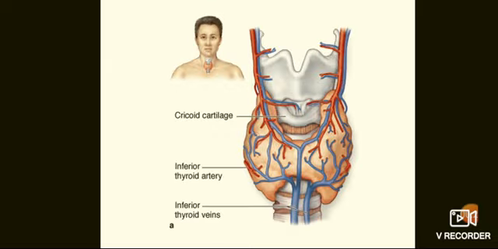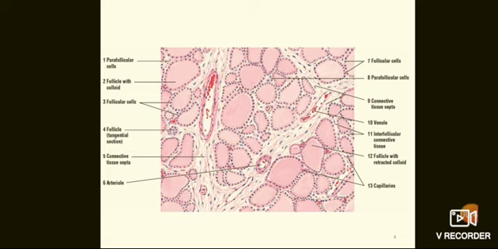Thyroid gland is a large endocrine gland which is situated in the anterior neck below the larynx. It has a right lobe and a left lobe joined by an isthmus. Coming to the histology, the thyroid gland is covered by a thin connective tissue capsule, that is the true capsule of the thyroid gland. This capsule gives numerous septa inward to divide the gland into multiple lobules. These connective tissue septa have numerous blood vessels, arterioles, venules, and capillaries.